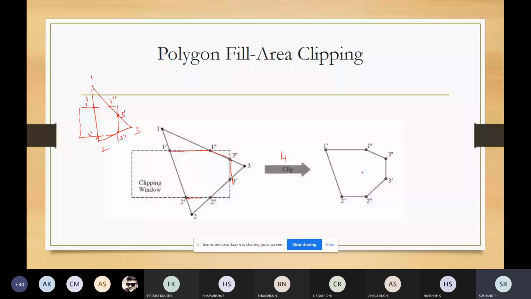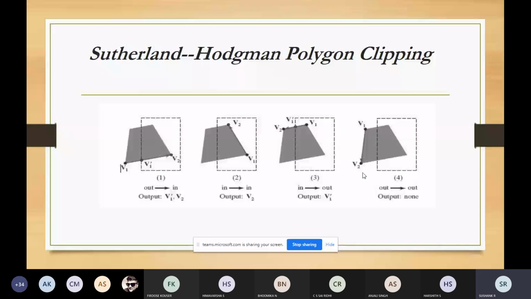In order to implement this, we are following the Sutherland Hodgman polygon clipping algorithm. This method was developed by Sutherland and Hodgman, that's why the name Sutherland Hodgman clipping algorithm. It will send the polygon vertices to each clipping stage, like left side, right side, top side, bottom side, so that the clipped vertices can be immediately passed to the next stage. The final output is the list of vertices that describe the edges of the clipped polygon fill area.